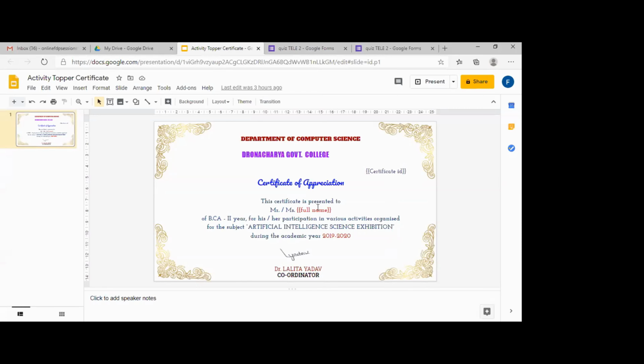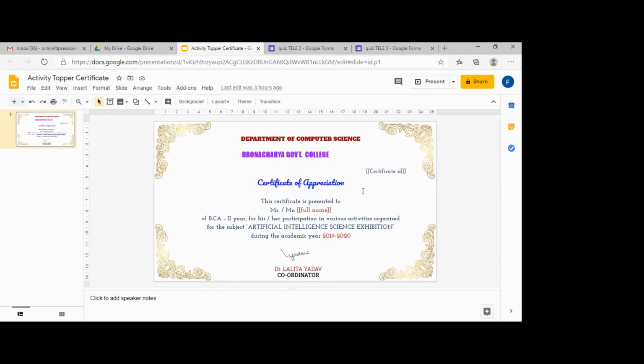You want this name to be present here, so that is why you just have to mention the name of the field you have used in the form with curly braces, 2 curly braces in the starting and 2 curly braces in the end, as we did in the template with angular brackets. There we use angular brackets, here in CertifyM it uses these curly braces. So 2 curly braces before the tag and 2 curly braces after the tag.